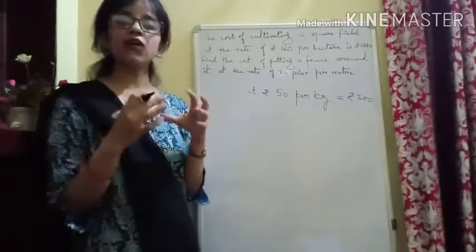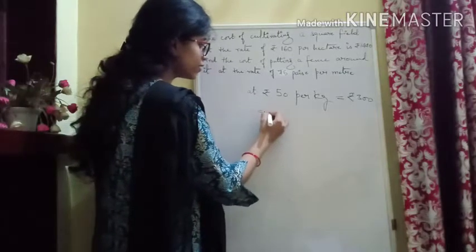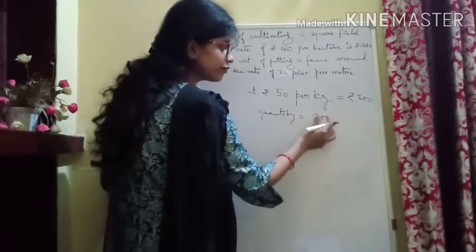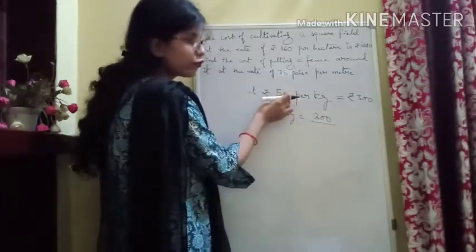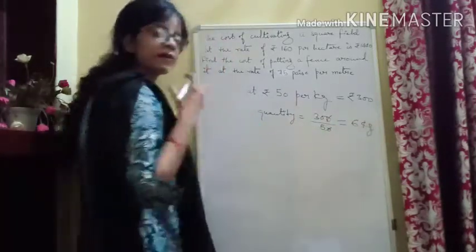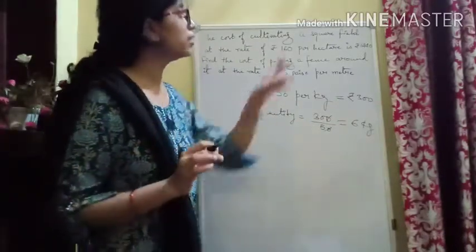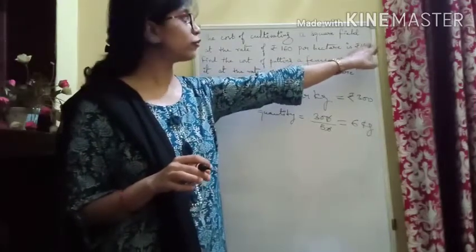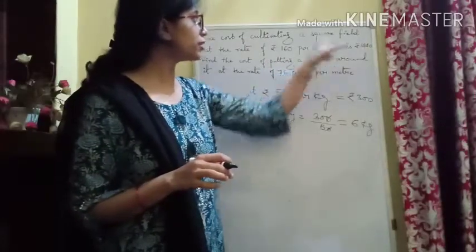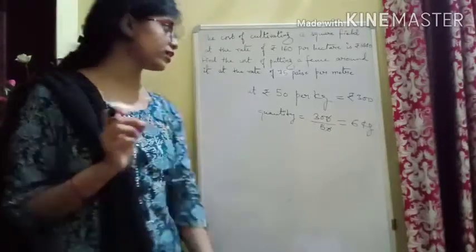So if I ask you how much quantity of apples I have bought, that means the total money I am giving and at what rate I am giving per kg, that is 50. So this is 6 kg, no? That means I am buying 6 kg of apples. So it is simple that they are giving this money, 1440, at what rate? 160. So when you divide this by 160, then you will get what area they are cultivating. I hope you are understanding this.